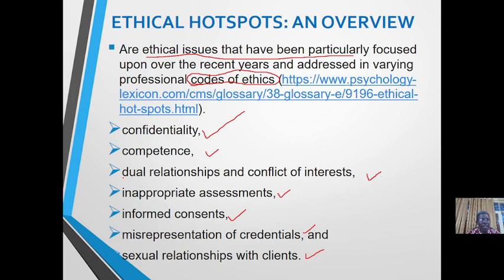Another is inappropriate assessment. This is a pertinent issue. It's crucial. It's one of the areas in education we have to consider very much, because assessment is what will validate the candidate and of course recommend where the candidate is supposed to be serving. Today we have so many people with less qualification in actual sense, but in their papers you see higher qualification. This is because of the assessment. Someone who does not deserve to have a score is given a score deliberately or because of some strings attached. It's very